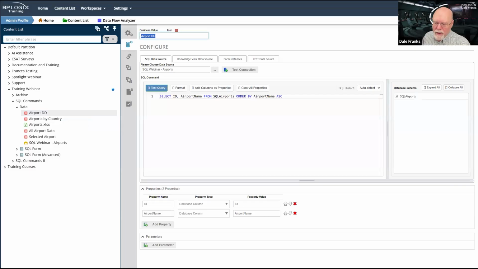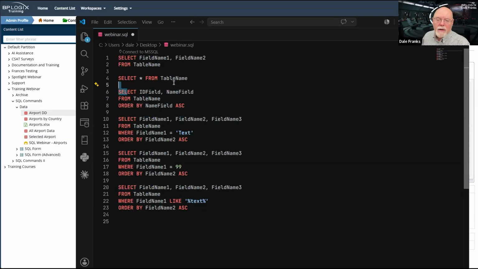What this tells us, well, it tells us 3 things. First, it tells us what field we're going to pull. We're going to pull the ID field because that is what we're going to assign as the value of our drop-down control. And then we're going to pull the name field, and the name field will be the display text that our end user sees in the dropdown when the dropdown is filled with our data. And of course, we're pulling it from whatever table we are pulling it from. In our case, it is SQL Airports for all of our examples.